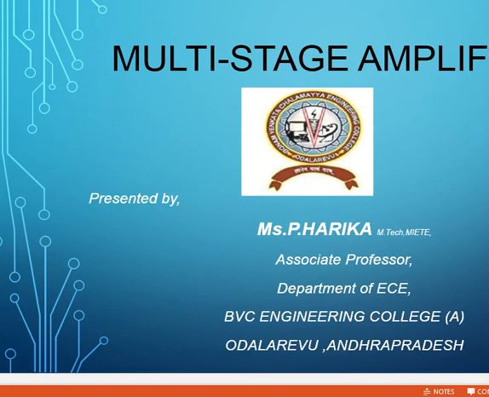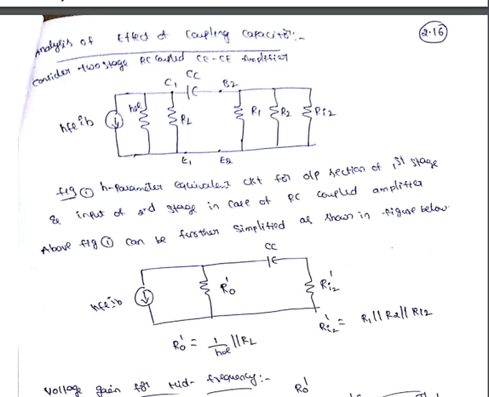In this video, we will talk about the analysis of the effect of coupling capacitors. To understand the effect of a coupling capacitor in the cascading of amplifiers, let us consider a two-stage RC coupled CE amplifier. Especially, we can consider the h-parameter model to understand this. Here we are taking the input of the second stage in the RC coupled amplifier, and it is connected from the output of the first stage.